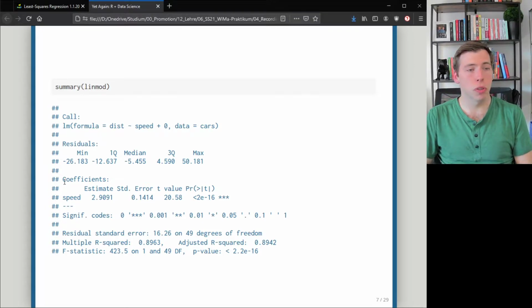Then let's move on to the coefficients. As you can see here, there's no intercept anymore because I've forced it to fit a linear model without an intercept. And then we see the estimated parameter for speed. That's pretty clear. The standard error is basically